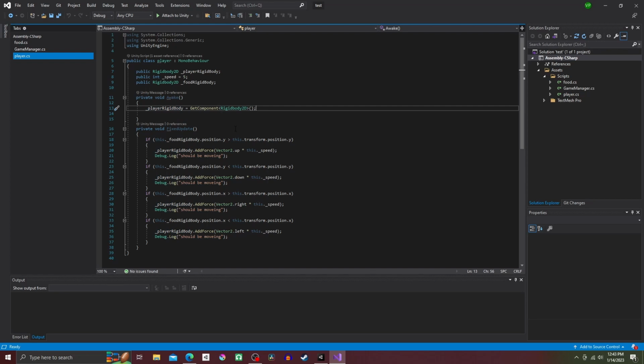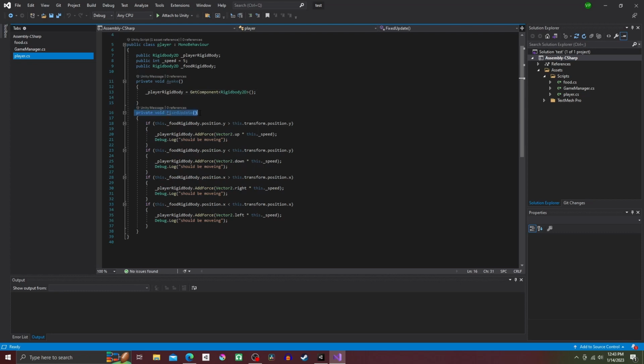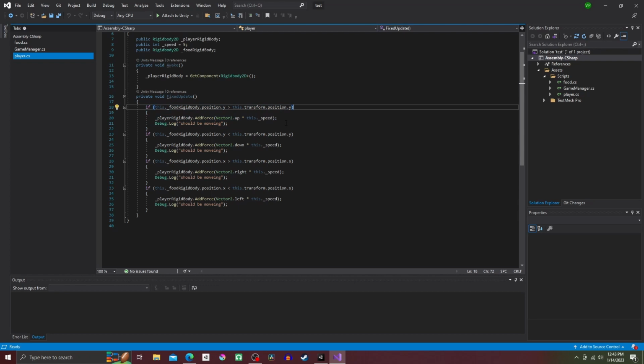And now the final piece of code might look a little complex, but it's the same thing 4 times with a slight variation. Create a FixedUpdate method, and inside of it type if (this._foodRigidBody.position.y > this.transform.position.y) { _playerRigidBody.AddForce(Vector2.up * this._speed); }